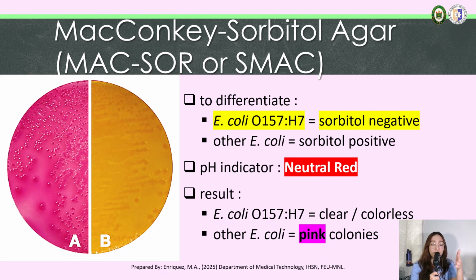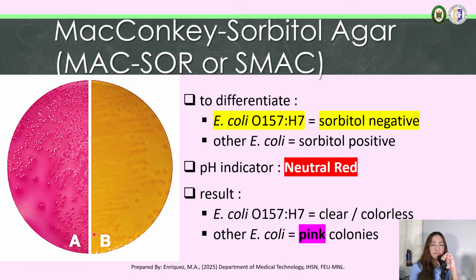The acidic byproducts would react with the neutral red. So, if the organism was able to utilize sorbitol, it would produce pink colonies, all right? But if your isolate is E. coli O157:H7, it's not capable of utilizing sorbitol, so it would produce clear or colorless colonies, as we can see right